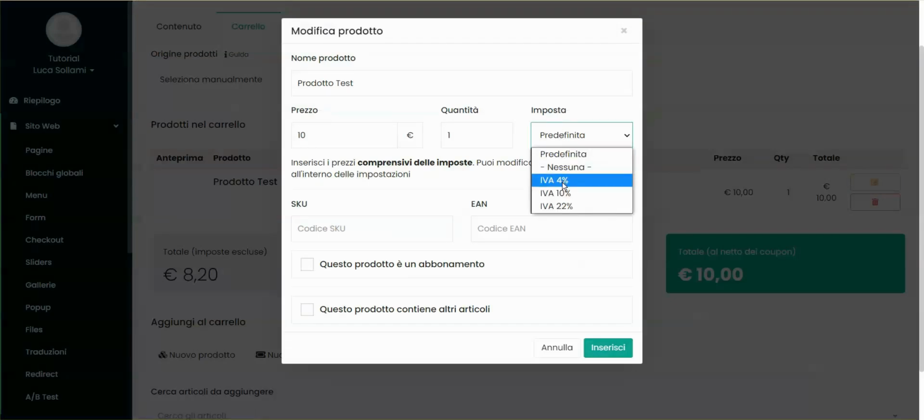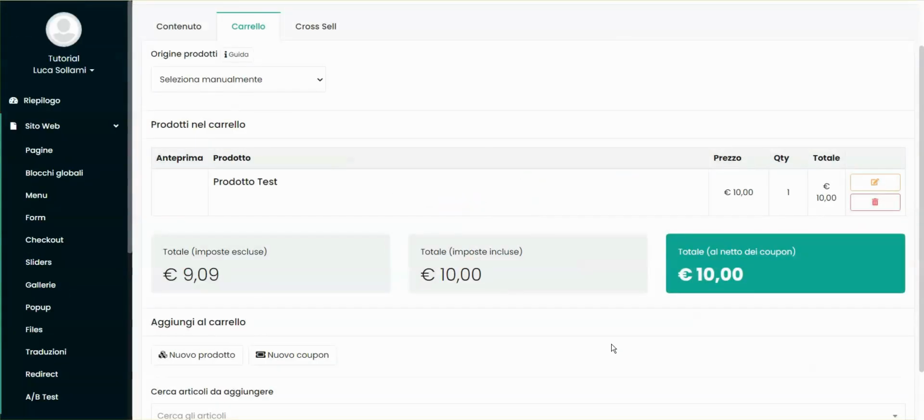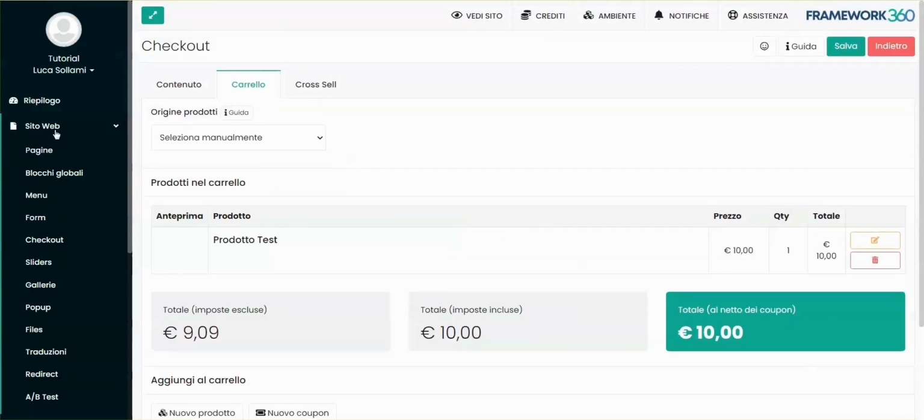But if we change to 10% VAT and click Insert, as we can see, the net of the taxes will be... The system calculates it automatically. The same thing will work